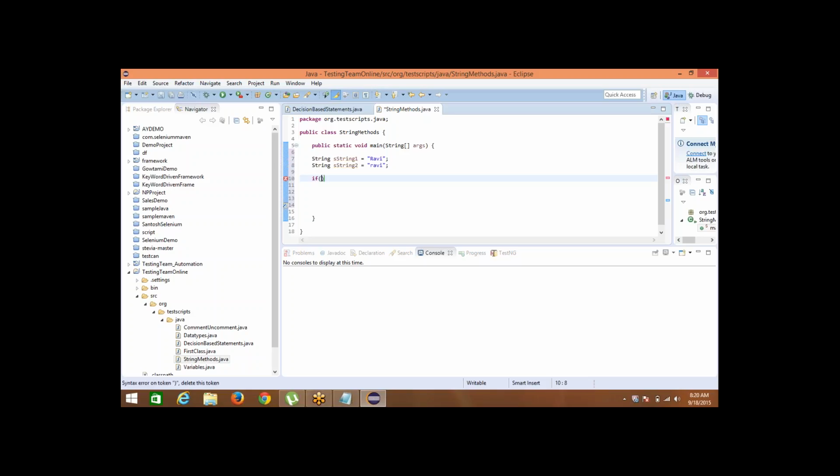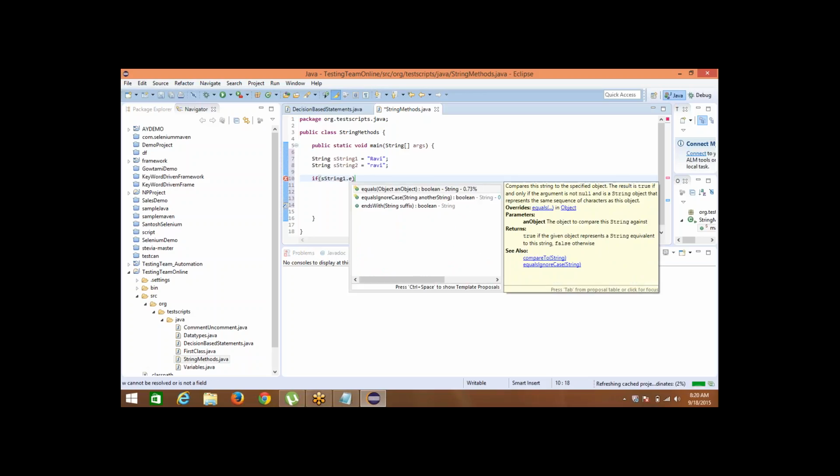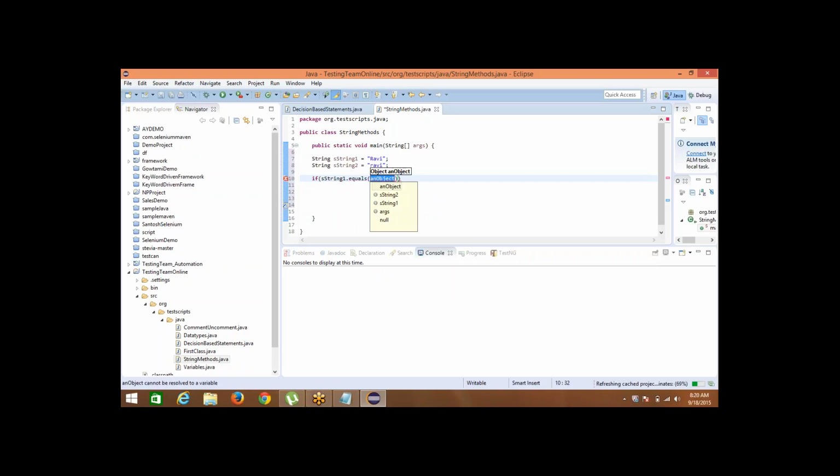There is a method called equals: string1.equals(string2), System.out.println